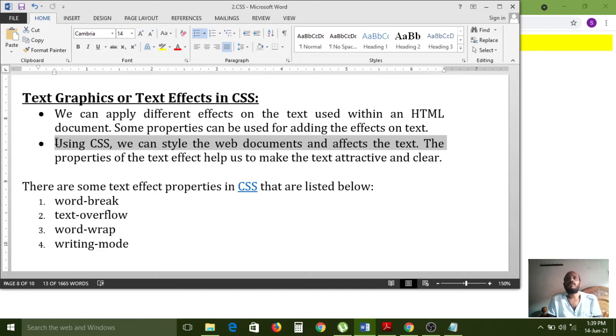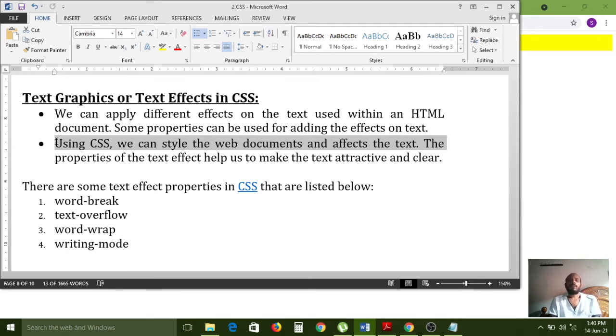Without CSS, we can't apply any styles to our web page. Whatever text content we want to represent on the screen, without CSS we can't show effectiveness. If you apply styles, the text is visible in a very effective and colorful way. But if you haven't used any CSS properties or styles on the text, then normal plain text will display, and sometimes the text can overflow.